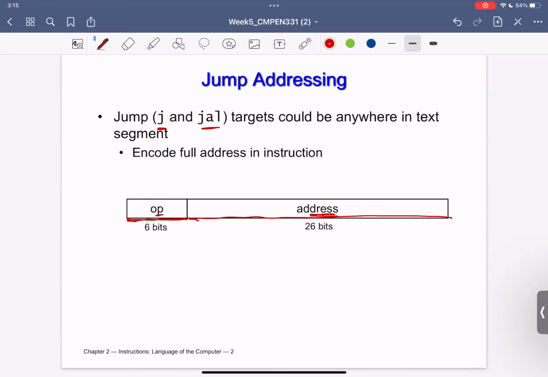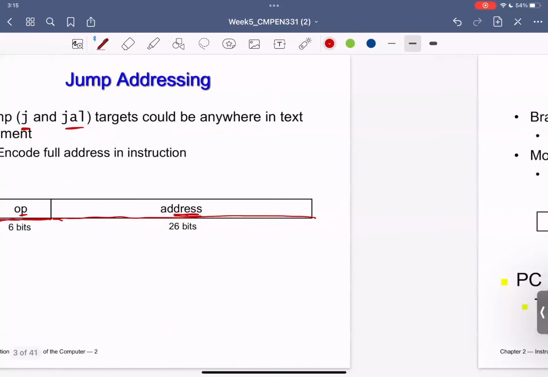That's why I don't need a lot of information as I had with the R format and the I format. And the good thing is that it gives me a huge number of bits for addressing. So if I would like to go far away from where I am, to a certain address, I can easily use the jump address in this case.